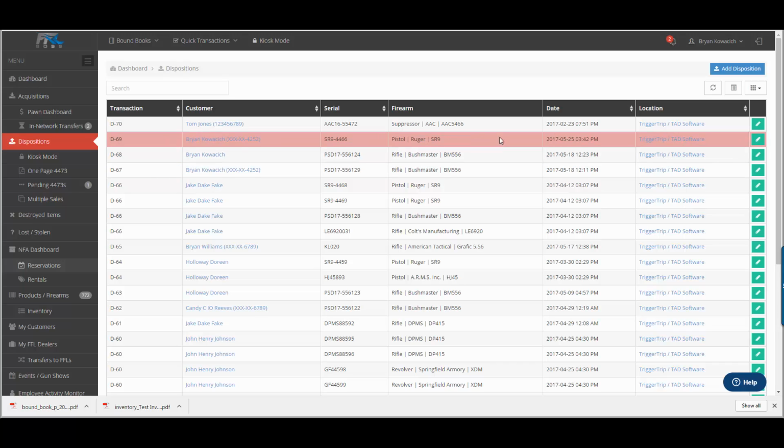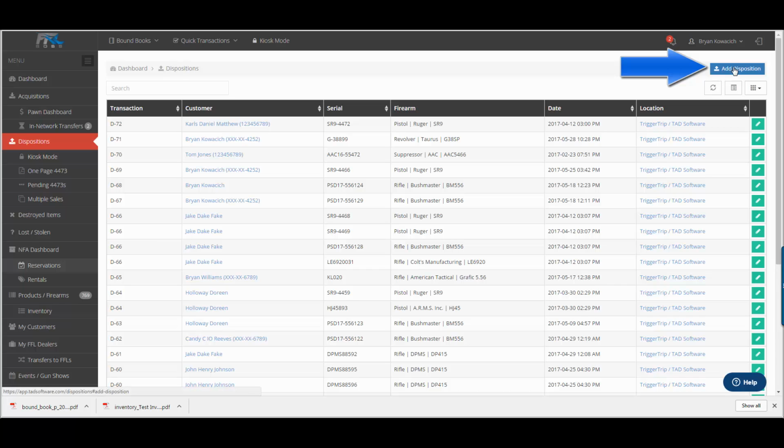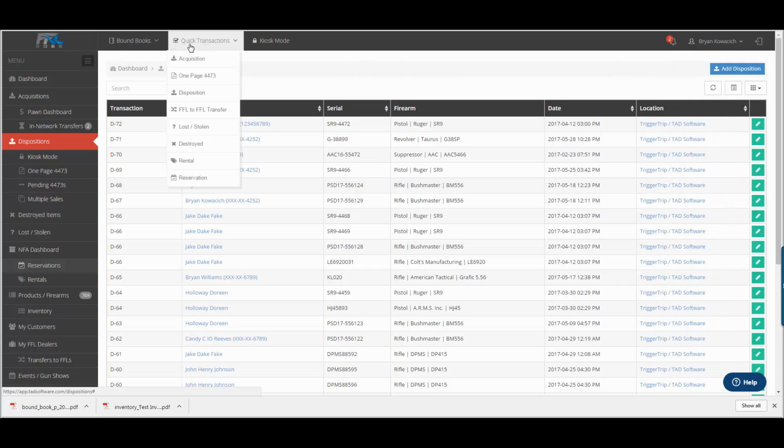Next is dispositions. We have developed 2 main ways to create a disposition. You can either use Kiosk Mode, which is for the customer facing side, or you can simply add a disposition by clicking the disposition button up here, or going to the quick transactions and doing a disposition from right here,